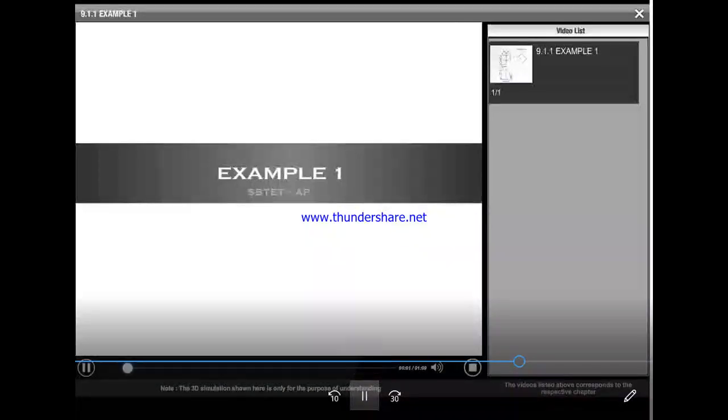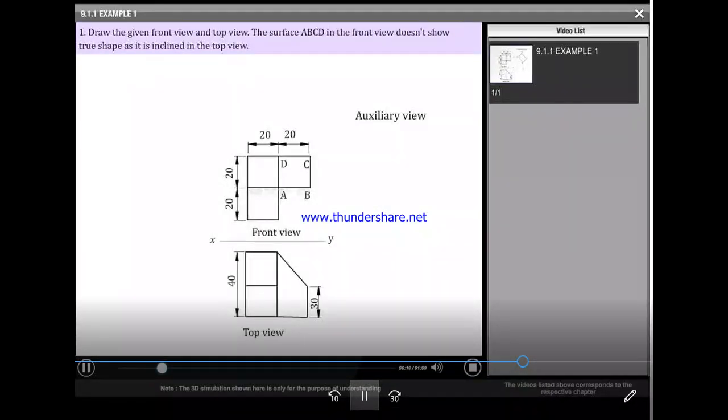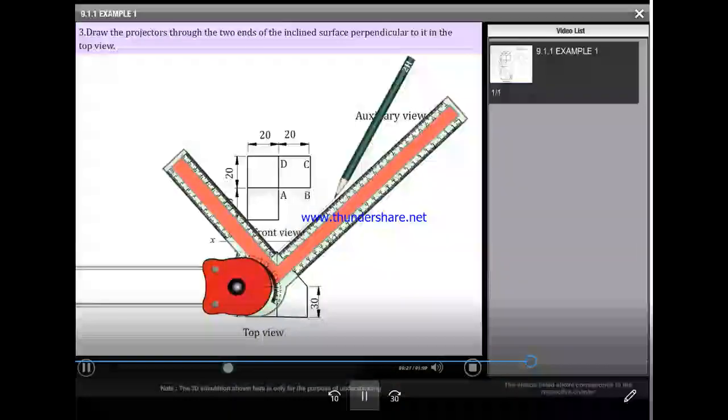Example problem 1. Draw the given front view and top view. The surface ABCD in the front view doesn't show its true shape as it is inclined in the top view. The true shape can be obtained by drawing an auxiliary view along the inclined surface in the top view. Draw the projectors through the two ends of the inclined surface perpendicular to it in the top view.